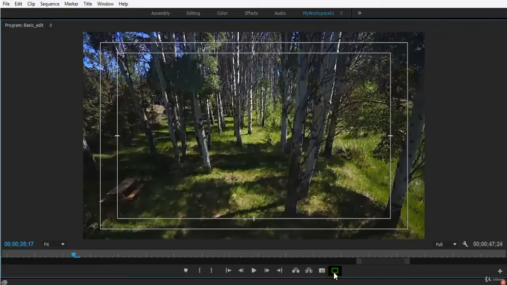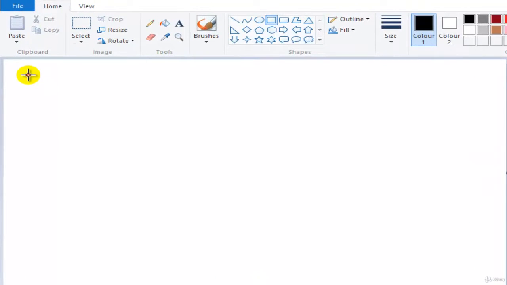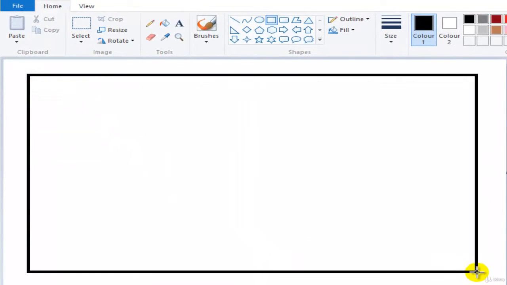Yeah, so if you see, if I toggle this, you would see there is a boundary kind of thing. This is a very important tool when you're editing films, a short film, a serial or something like that. So what are safe margins actually? Let me quickly draw a box here,